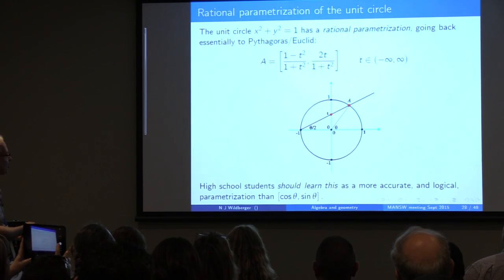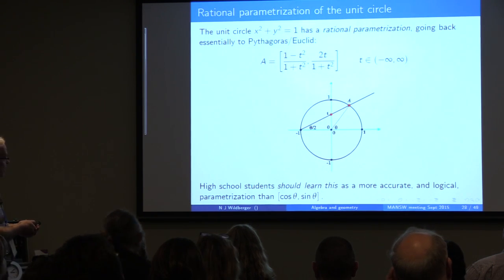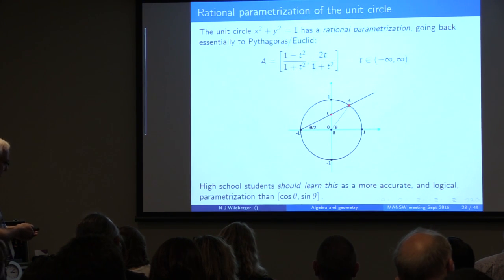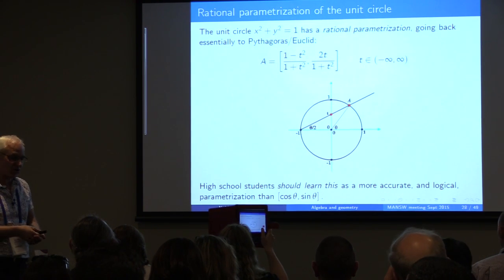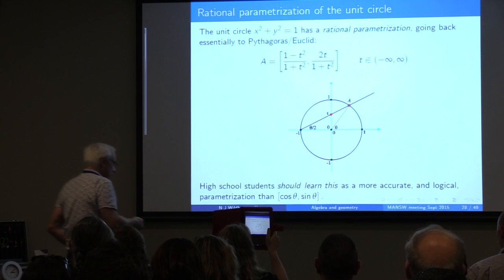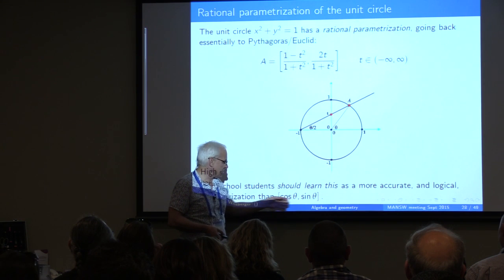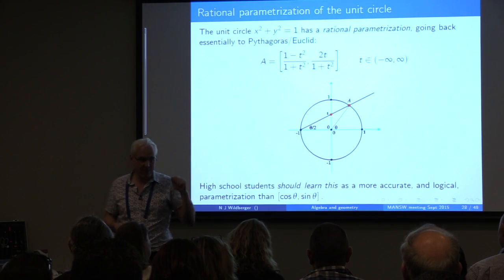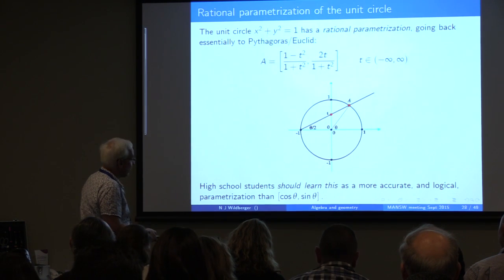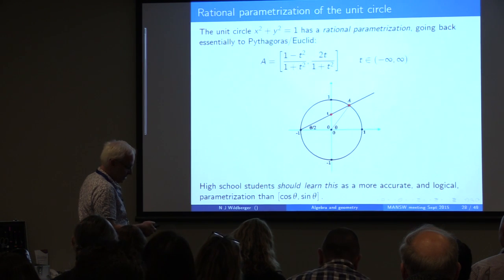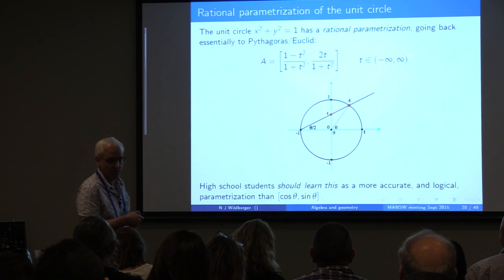Okay, this is the rational parametrization of the unit circle, which is one of my favorite topics for undergraduates. So the unit circle x squared plus y squared equals 1. You'll all know that it has a parametrization as (cos theta, sin theta) in terms of the circular functions. I'm not a big fan of these circular functions, I have to be honest with you, because yes, you can get your calculator to spit out approximate values, but you can't actually get at points completely accurately with this kind of transcendental function. But remarkably, Euclid knew a rational parametrization, which is this one here. It's a fabulous formula. Okay?